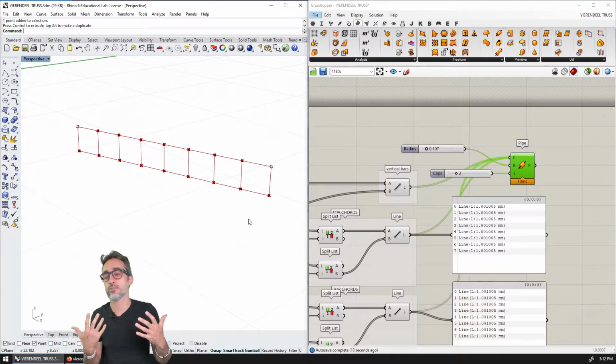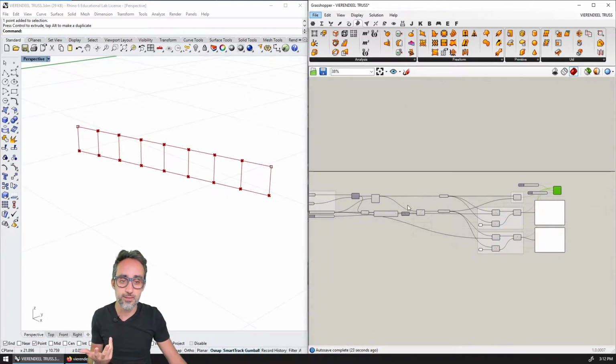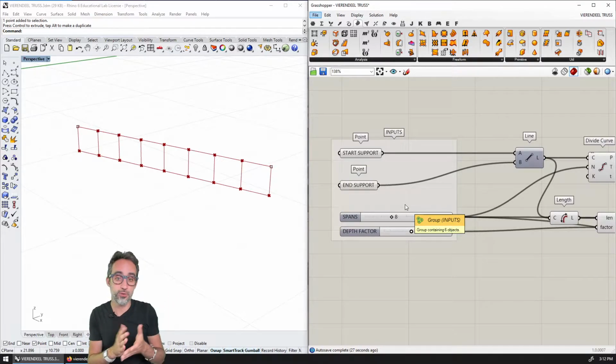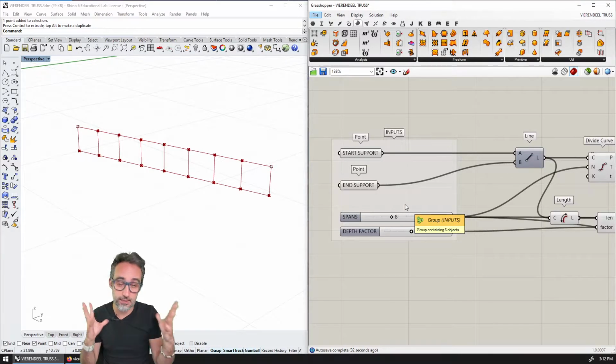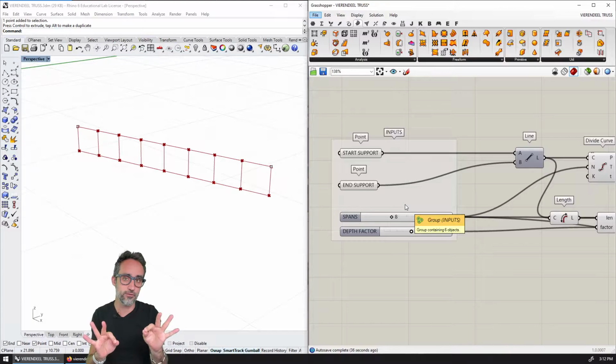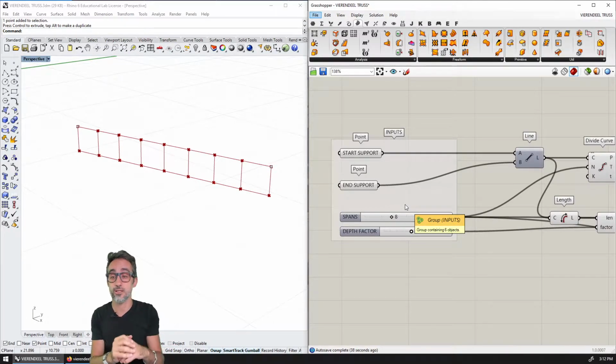Because we're going to imagine that we're structural engineers for this work, and that we're designing parametric structures that will need to go to some structural analysis software, finite element analysis, whatever. So we're actually only interested at this point in the wireframes, but with certain conditions that I will explain very soon. So without further ado, let's do the first round of trusses, which is going to be the Vierendeel truss.